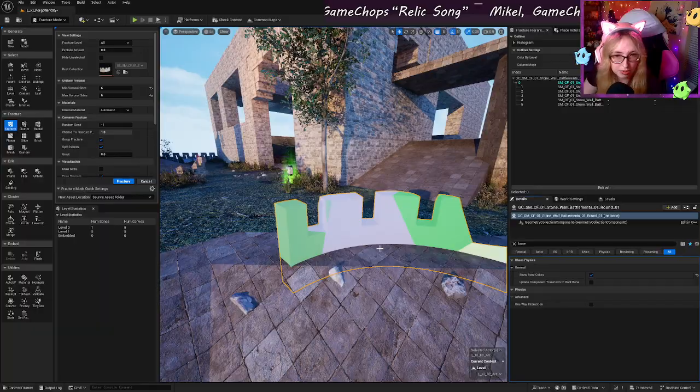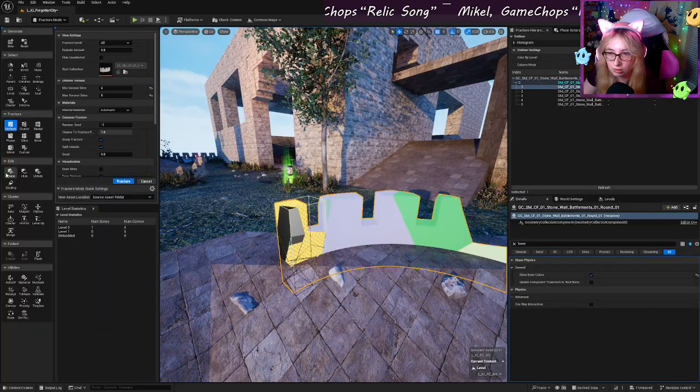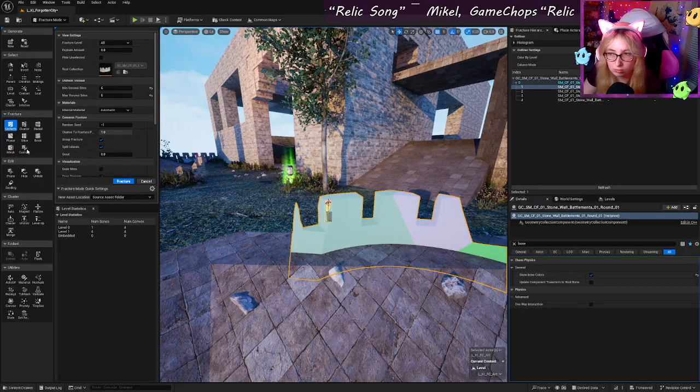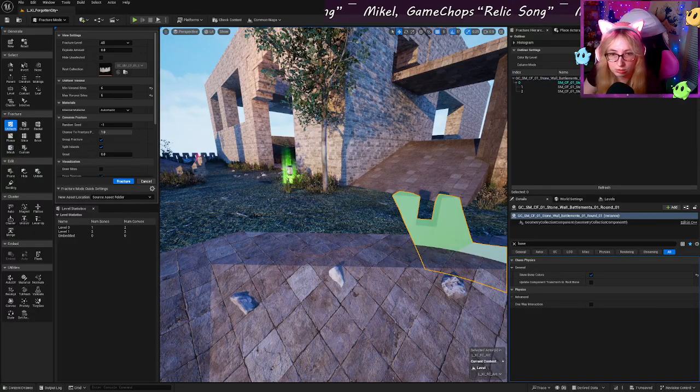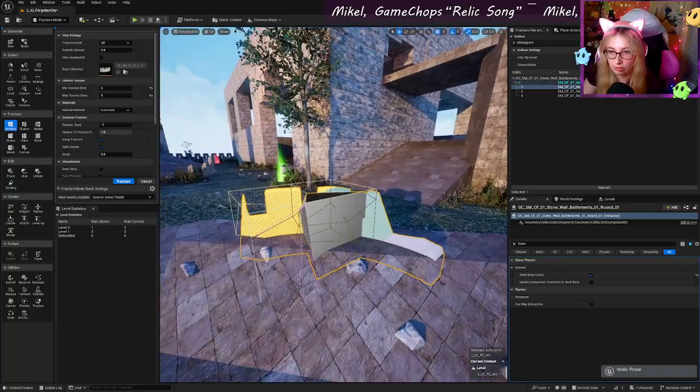Do some on both sides for this one. Oh, this is a big piece. That might be too big. I think we need to